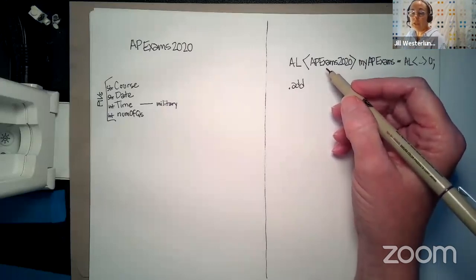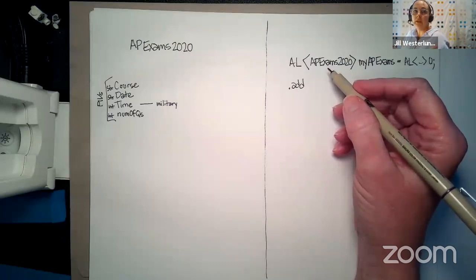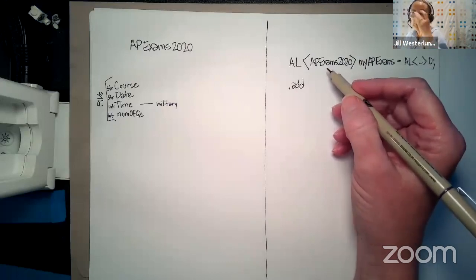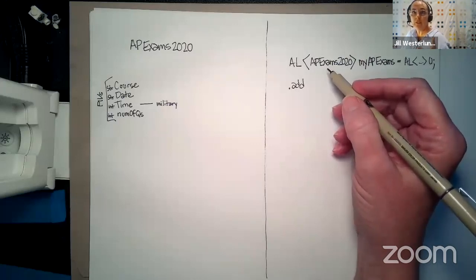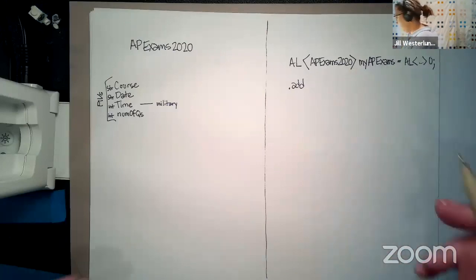Now, if you only have one exam, then this wouldn't probably be worth your time to build. But if you have multiple, and I think a lot of you probably do, a lot of my kids are taking 5, 6, 7 AP courses. So this will be a fun one to build. So that's that one. And now we're to the last one that I want to show you.